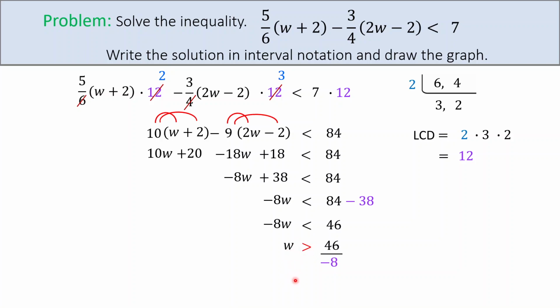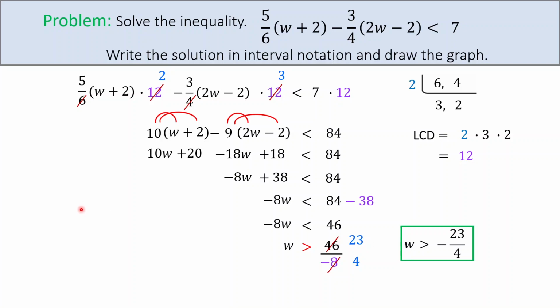So now you have 46 and 8. Both 46 and 8 can be divided by 2. 46 divided by 2 is 23. 8 divided by 2 is 4. So you have w greater than negative 23 divided by 4. This is the solution. Now you can write the interval notation